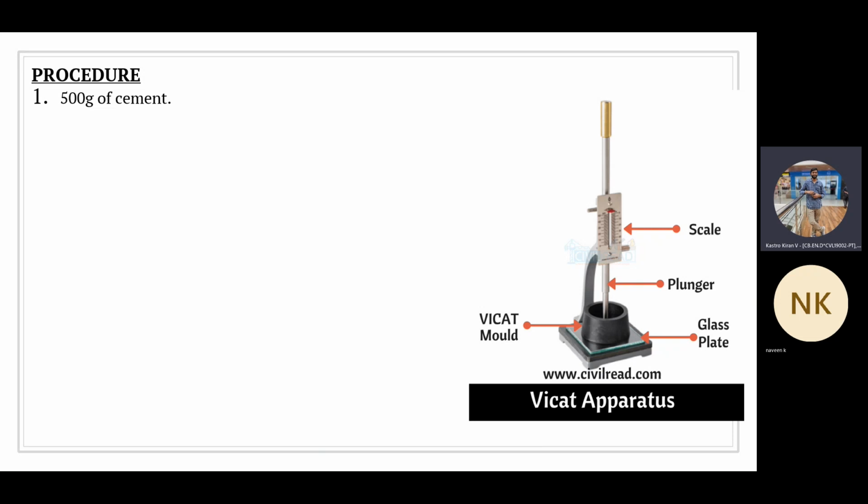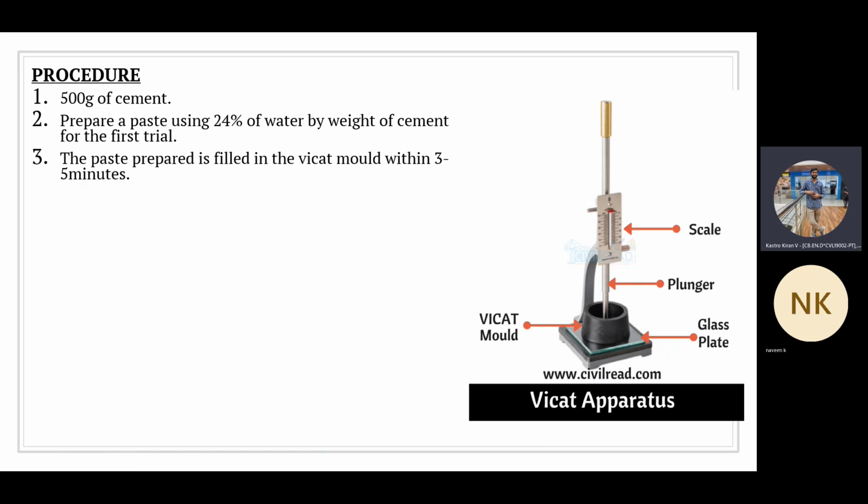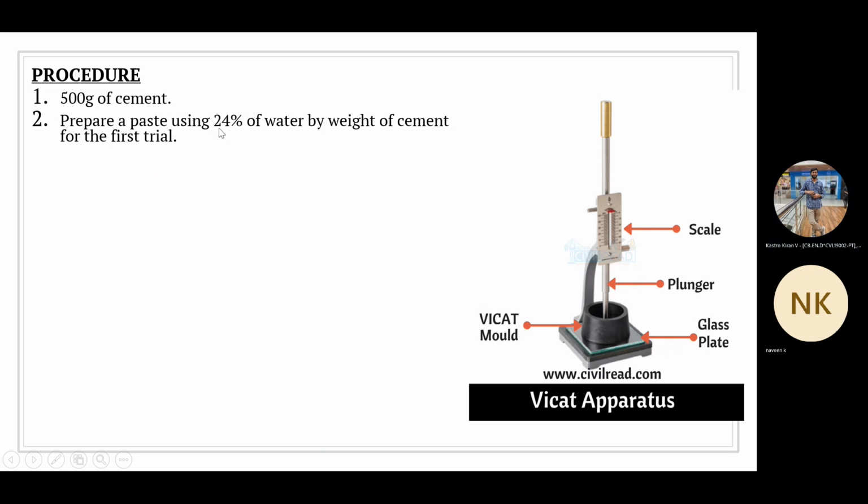So now here I'm going to take the 500 grams of cement, and we are going to take a sample of water. Now how much quantity of water we are going to take? Here we are going to take a sample of water by the percentage of weight of cement. First, you are going to start the testing process by using 24% of water. That means you're going to take 500 grams of cement and 24% of water